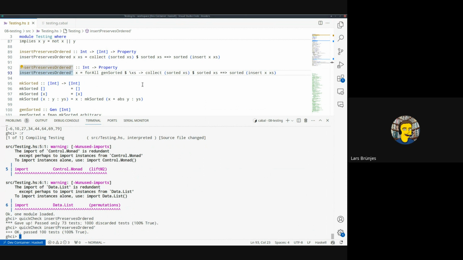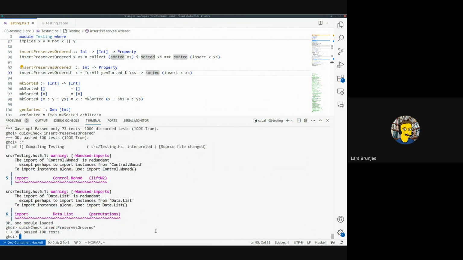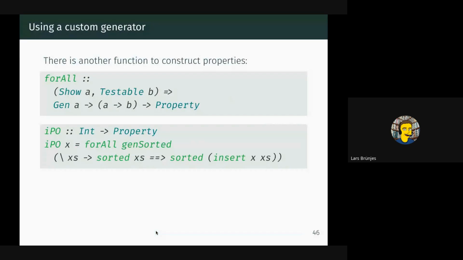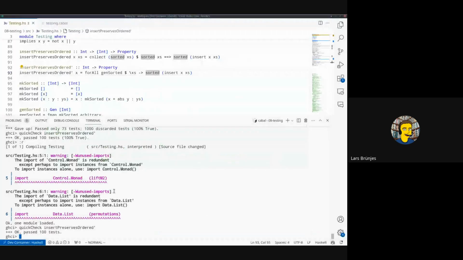True. So it only constructs sorted lists. So this is now actually no longer necessary. I can just as well remove it. And actually, this is also no longer necessary because I know the xs will be sorted. Okay. And so this is one way to use genSorted. Another way is